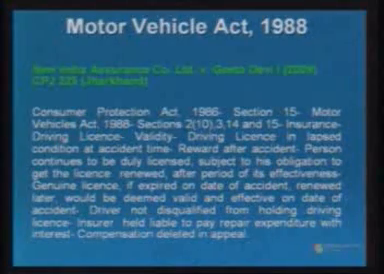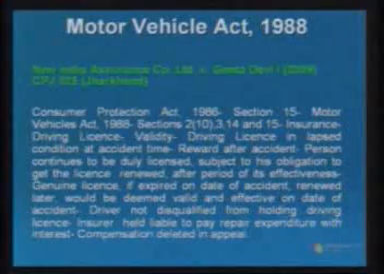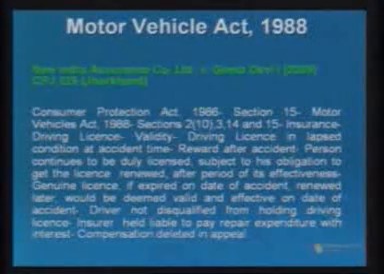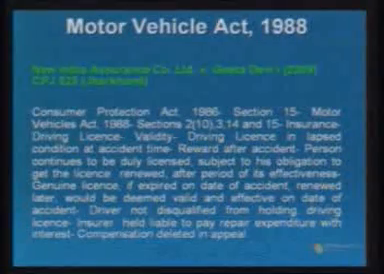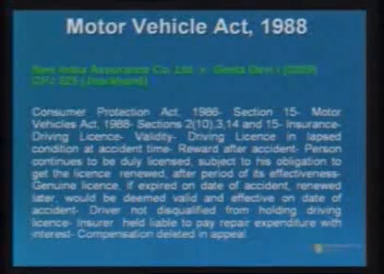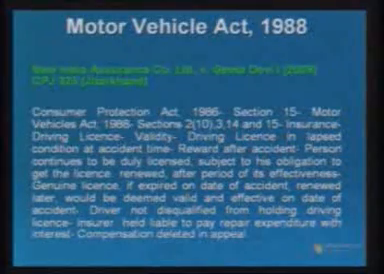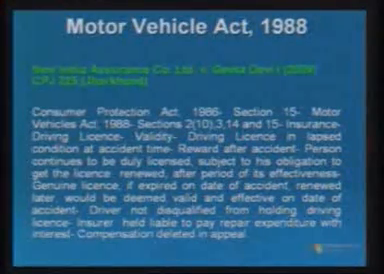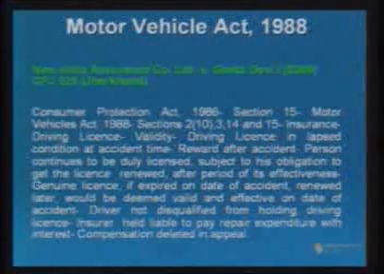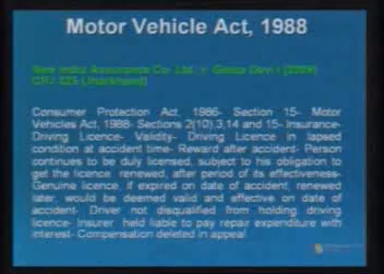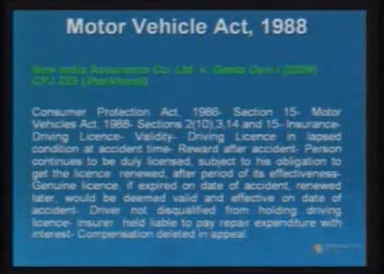A person continues to be duly licensed, subject to his obligation to get the license renewed after the period of its effectiveness. A genuine license, if expired on the date of the accident and renewed later, would be deemed valid and effective on the date of accident. This is a very, very important ruling given by the Jharkhand commission. I will repeat it for the benefit of all. A person continues to be duly licensed, subject to his obligation to get the license renewed after the period of its effectiveness. A genuine license,